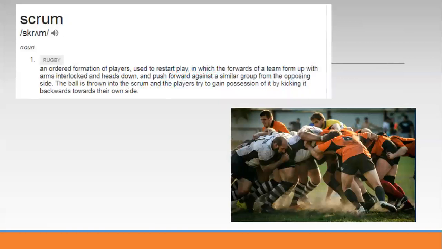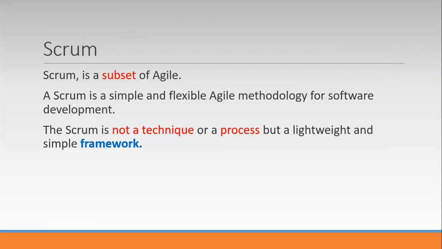Scrum is a word derived from the game rugby, and the father of Scrum is Jeff Sutherland, as I've told you, along with Ken Schwaber. Scrum is a subset of Agile. It's not Agile itself, and it gives the same benefits that Agile gives you, what the Agile Manifesto talks about. Again, Agile is not a technique, and it is not a tool. It is just a very lightweight set of processes, a framework.